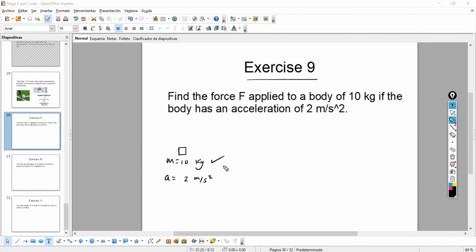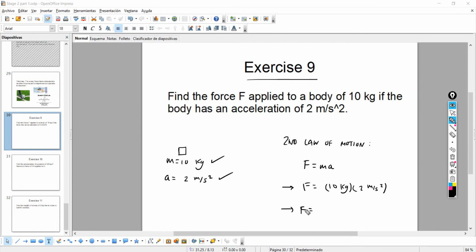This is the mass, we have it. This is the acceleration, we have it. And they want me to find the force being applied on this object. So what I do is I use the second law of motion, which once again is force equals mass times acceleration, and thus I can find the force. Force is just going to be the mass, which is 10 kilograms, times acceleration, which is 2 meters per second squared,